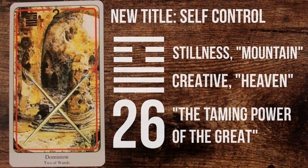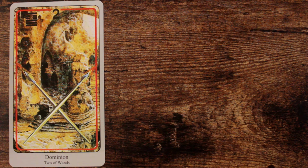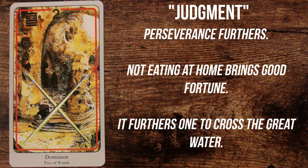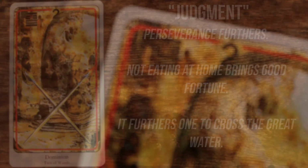Wilhelm's translation of the judgment of this hexagram is as follows: perseverance furthers. Not eating at home brings good fortune. It furthers one to cross the great water. This illustrates a theme of self-mastery, which works perfectly for the Two of Wands and reminds us it does not